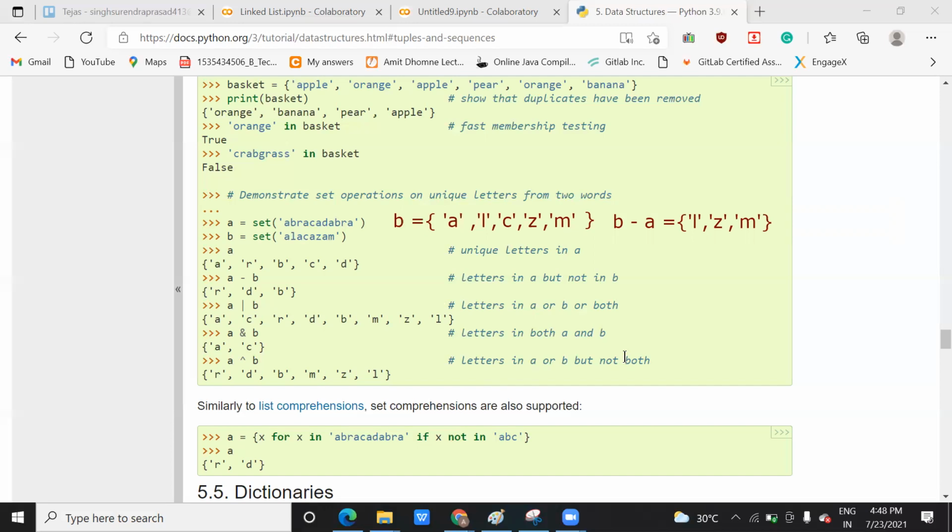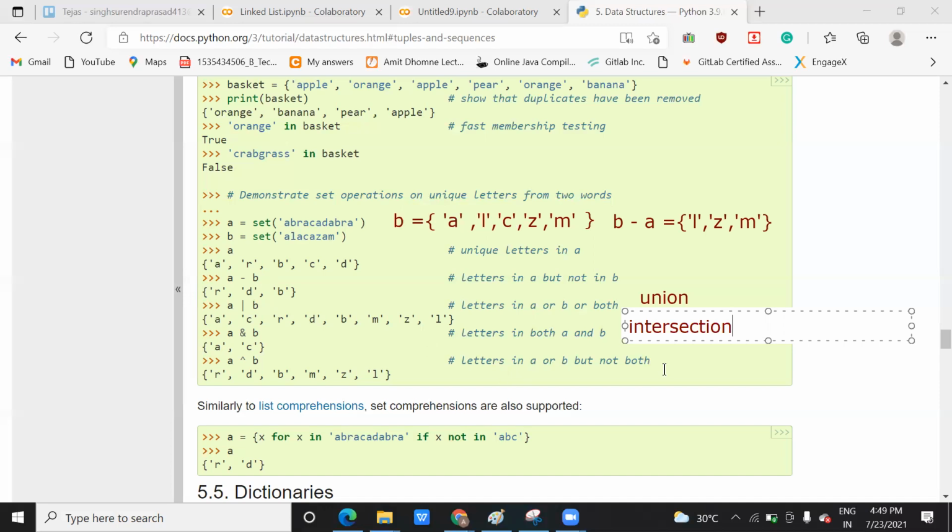But intersection means finding out the common elements between two. Or you can say this AND operation is also like that, meaning which is common in both. And union means when you want to combine it. So you can think of this OR operator as acting as a union. Union means combining the elements of both sets. And the AND operator works as an intersection, which means the common elements of both sets will be printed. Now here in this A and B, what is common? Your C and A. So you're going to print this.